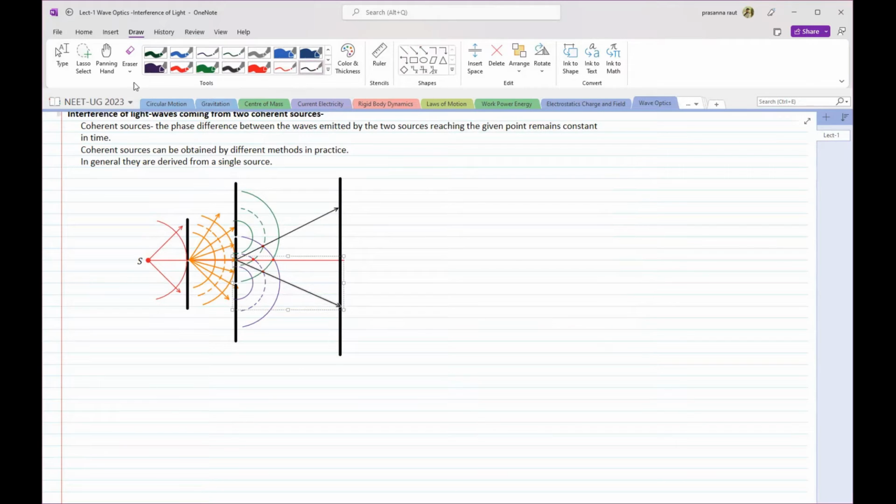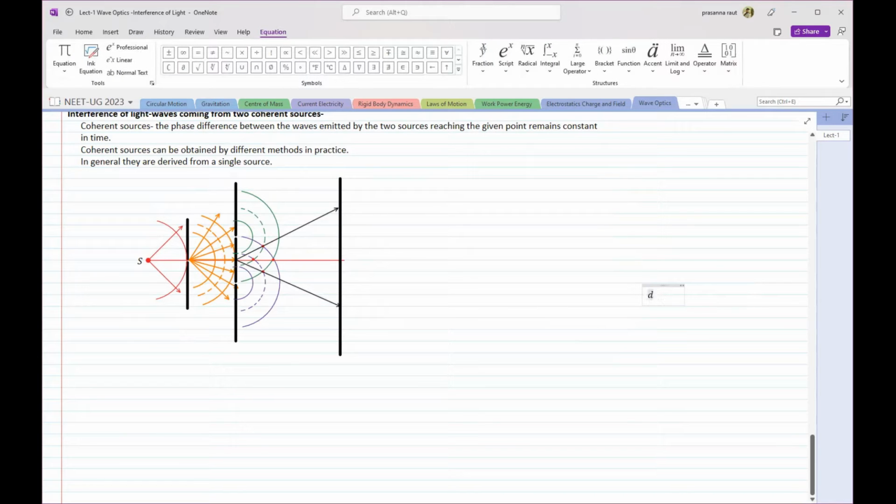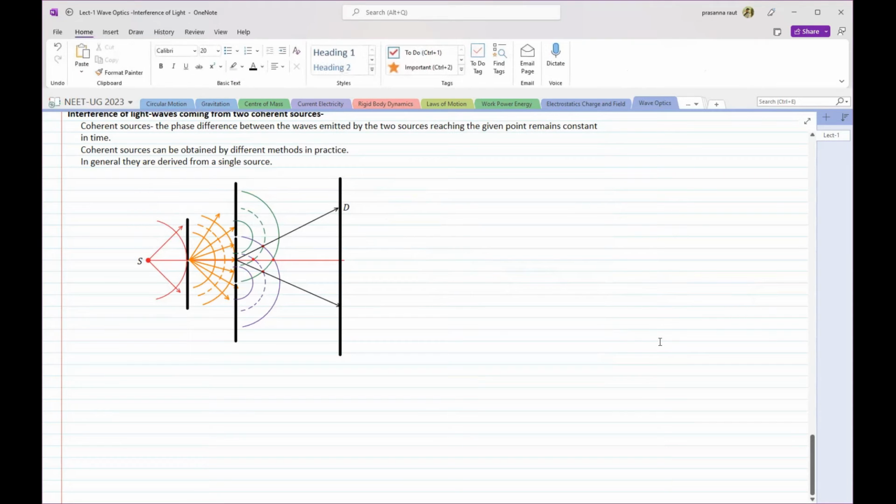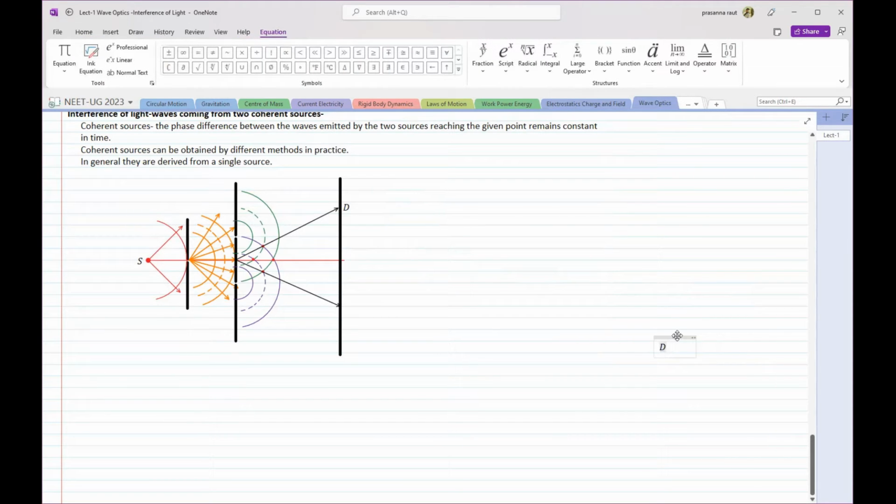सो व्हाट विल बी देयर? तो देयर विल बी, अगर ये वेव्स एग्जैक्टली आइडेंटिकल है, तो डार्क के लिए मैं डी लिख रहा हूं और ब्राइट के लिए बी लिख रहा हूं, तो ये आपको डार्क दिखना चाहिए, हमेशा डार्क दिखना चाहिए. ये डार्क दिखेगा एंड ये ब्राइट दिखेगा, ये बीच का पॉइंट ब्राइट दिखेगा. अच्छा,